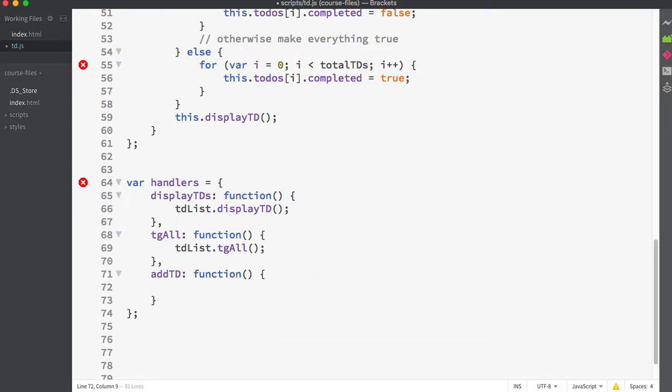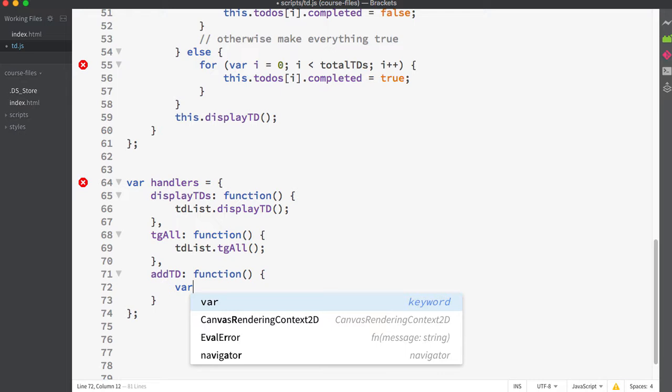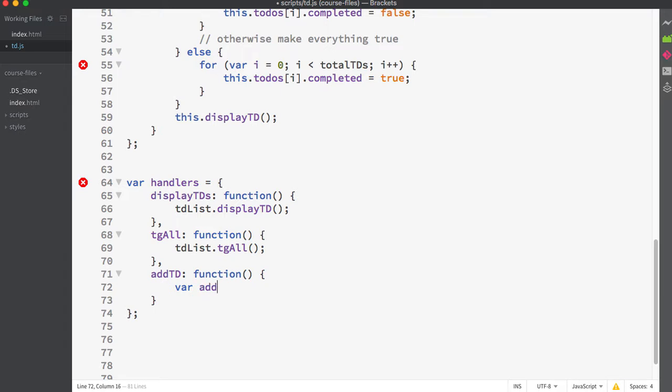And then inside of the anonymous function, we're going to do a couple things here. This one needs to be set up a little bit differently in that we need to get the information that the user inputs into the input field. So let's create a variable, and I'm going to call this variable addTDTextInput. And I'm going to make that equal to my